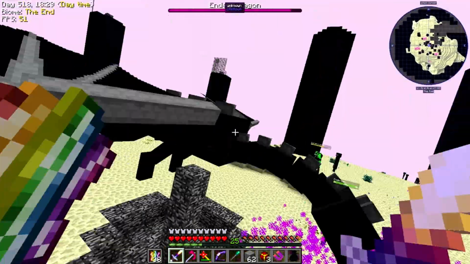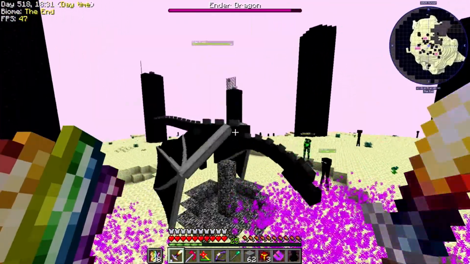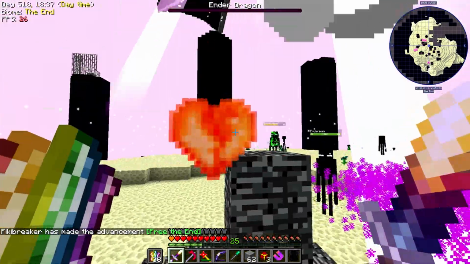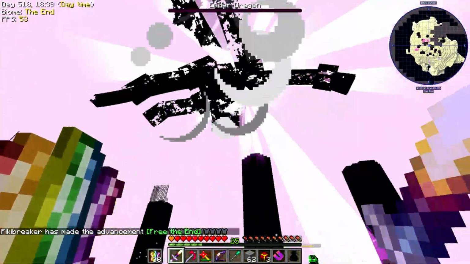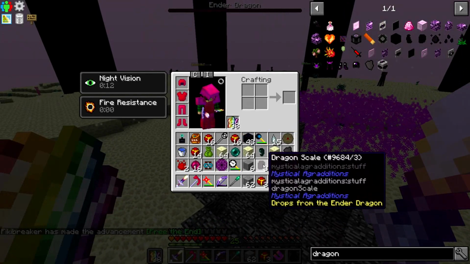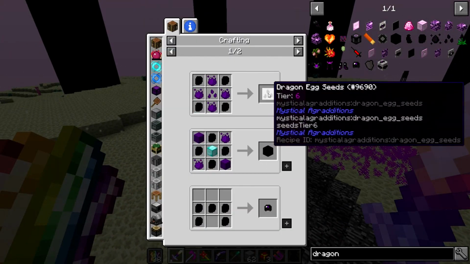He landed. Super sword. No! No, no, no, no. Super sword. He's dead. One hit kill. Okay. We got 8 dragon scales, which we can use to make the dragon egg seeds, which